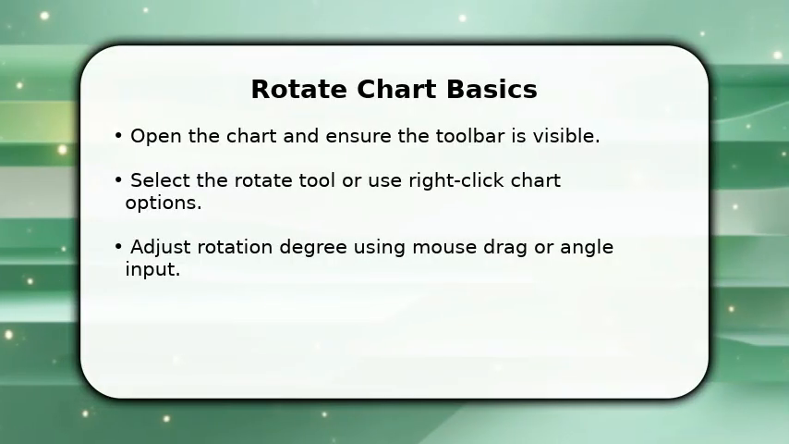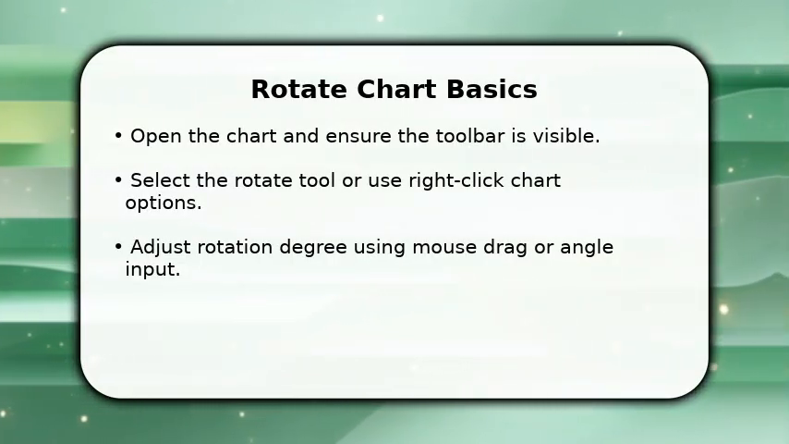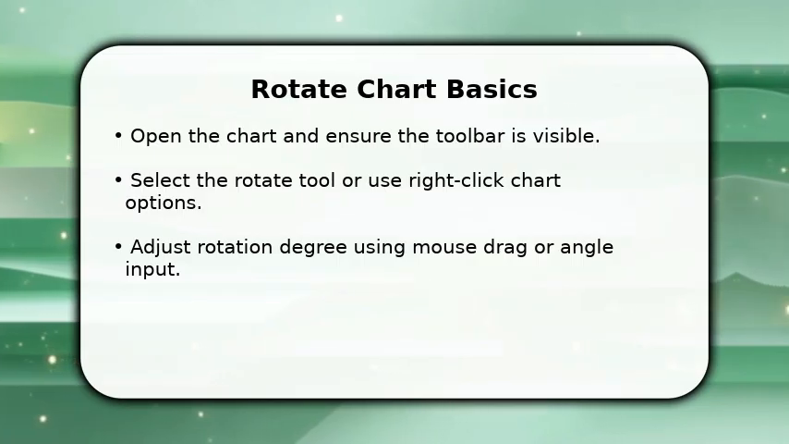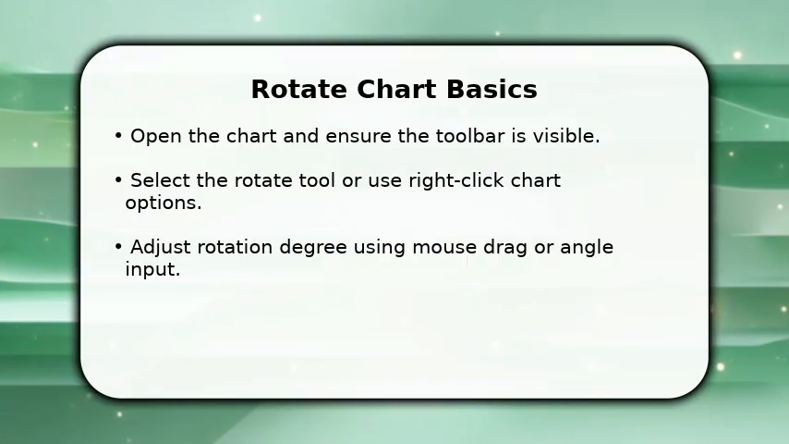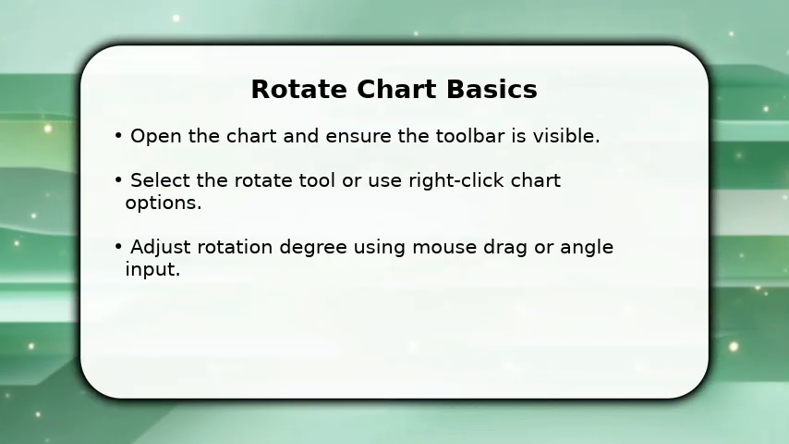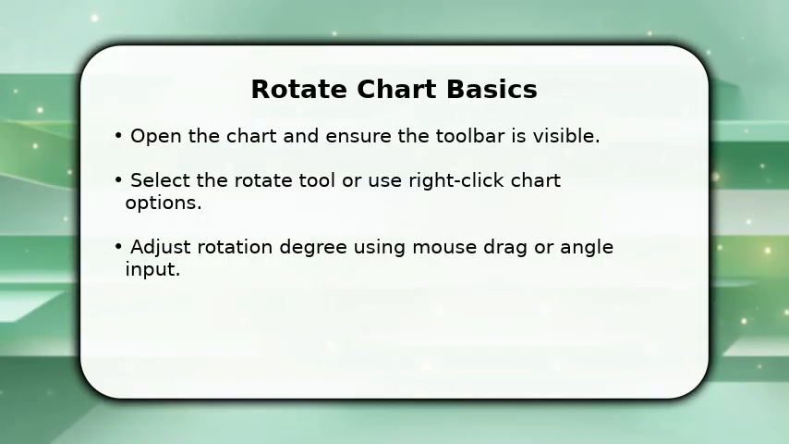In this video, I will show how to rotate a TradingView chart. Open your chart and locate the toolbar, then pick the Rotate tool or right-click for options to rotate. Click and drag to rotate freely or enter exact degrees for precise alignment. Use snapping or grid options to keep angles neat, and learn to reset or save rotated layouts for quick reuse